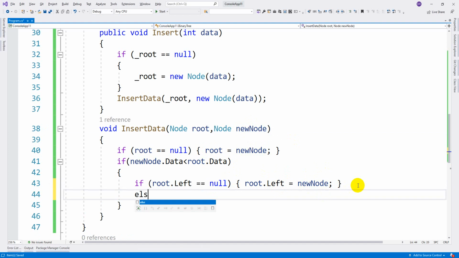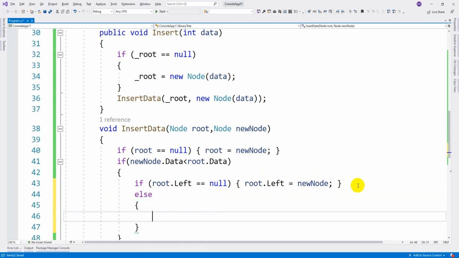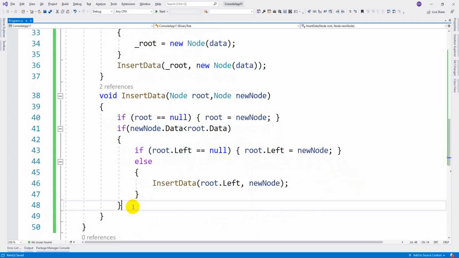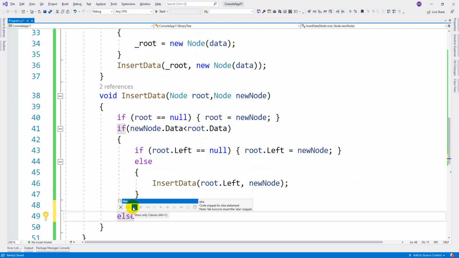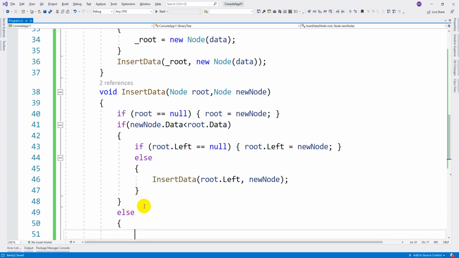Okay, then else, insert data of root dot left. This is a recursive function guys, so we call this left node recursively so that it will insert the new node. Suppose if it is greater, then it needs to be inserted at the right.